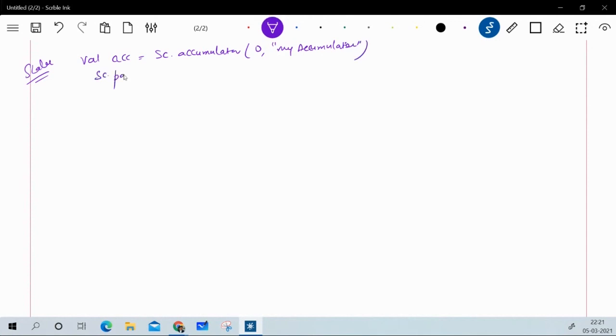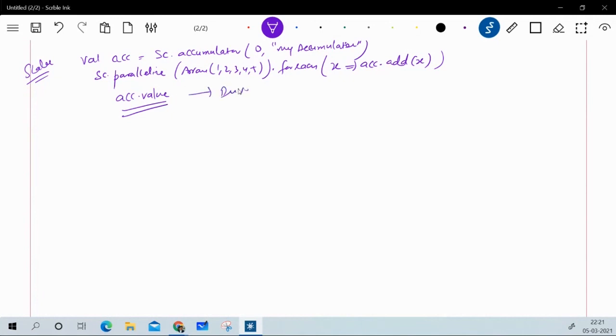Now with the help of the sc.parallelize function, I am creating an RDD 1, 2, 3, 4, 5, and then I am calling a foreach method which will help to execute the task on each executor, and this is a lambda function, and I am calling accumulator.add of x, and x is coming from your RDD, right? Now in the end I can call the accumulator.value method, which will help me know the value, and this will happen on the driver program, not the executor or worker.